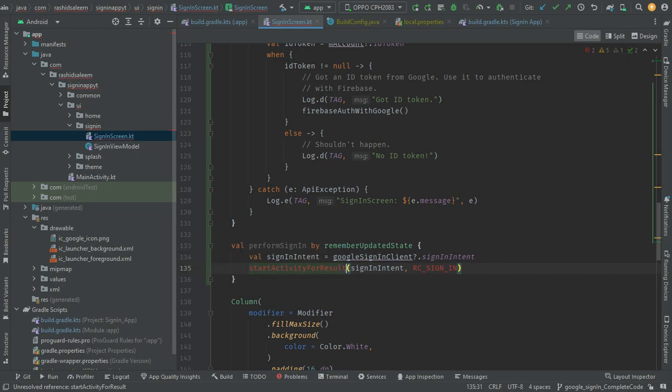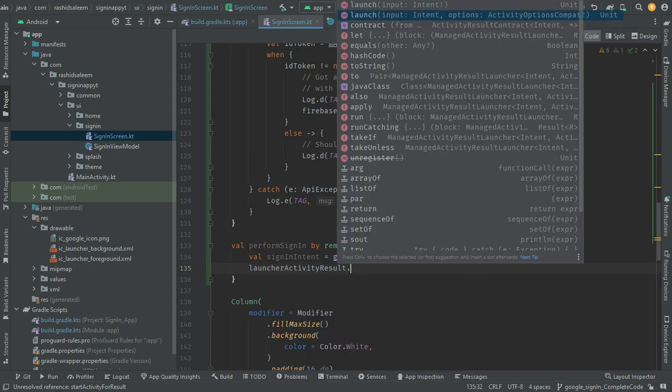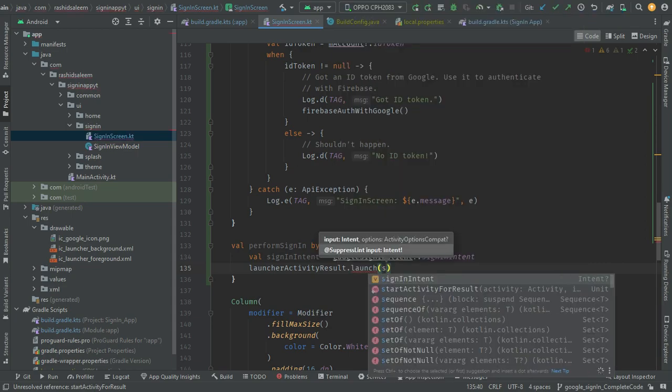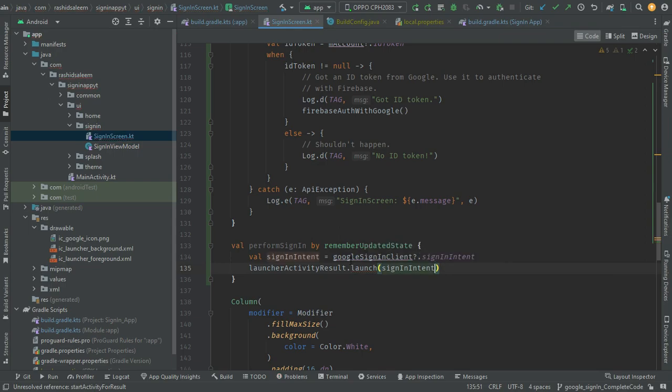Call this method here. Actually no, I need to use launcher dot launch and pass the intent in that, sign in intent,